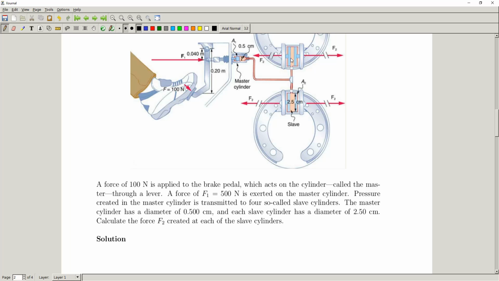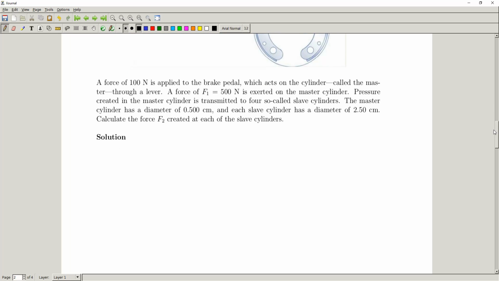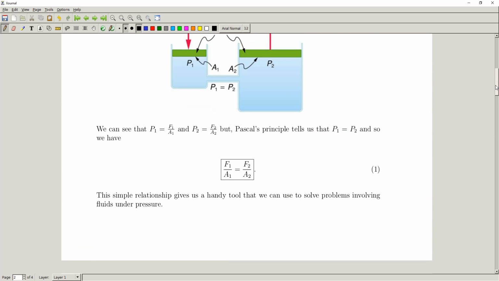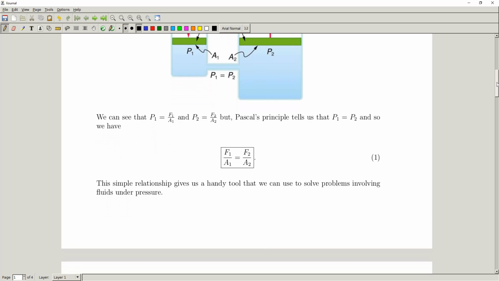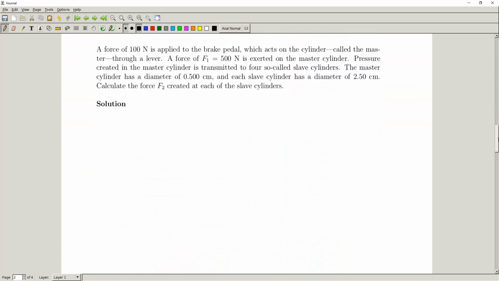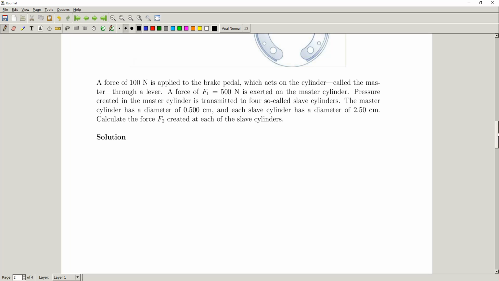And so we're given these dimensions. We're told that the diameter of our master cylinder is 0.5 centimeters, and the diameter of each of our slave cylinders is 2.5 centimeters. And so we want to calculate F2 if we know that F1 is 500 newtons, right? And so fairly obviously, because we just derived this simple relationship up here between the force and the area of our two different pistons, we're going to use that expression. So we have F1 over A1 is equal to F2 over A2,